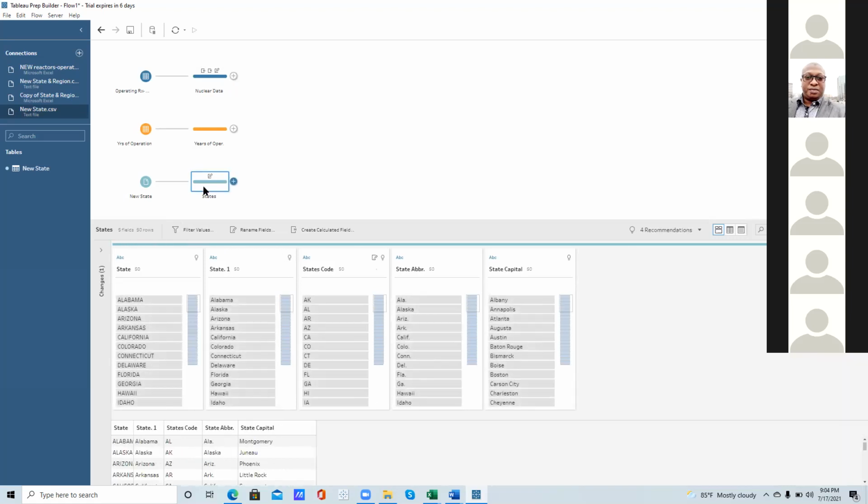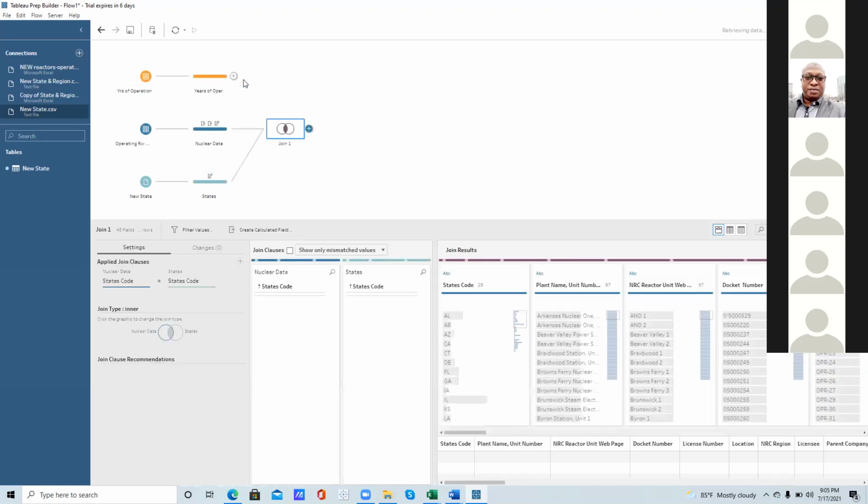Click on that, yeah. So we now have state code. Now we have a common thing that is bringing them together. So drag that in, hold it, drag it as if you want to add it to that nuclear. This one? Yes, hold it and drag it up. So there's a join. Okay, drop it on that join. Just drop it, you know it's highlighted. Okay, fine.